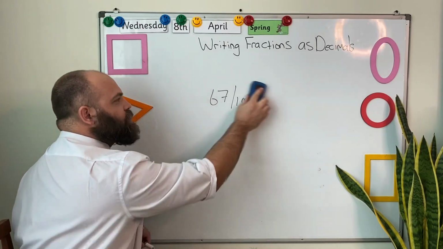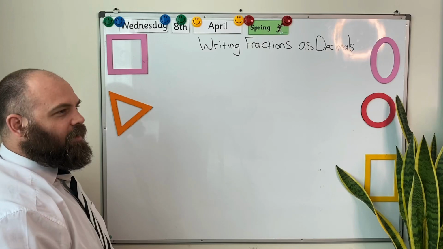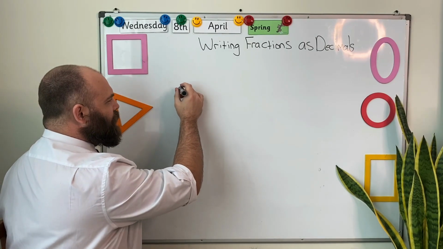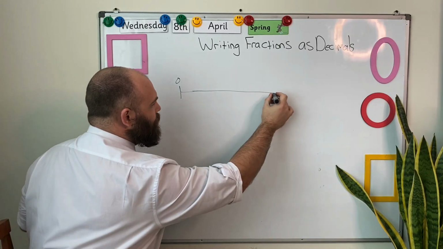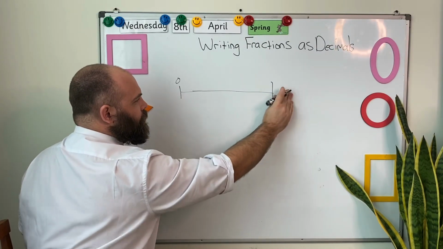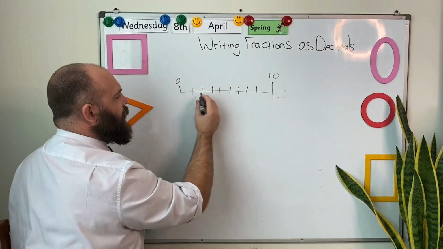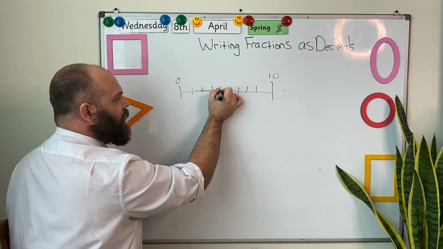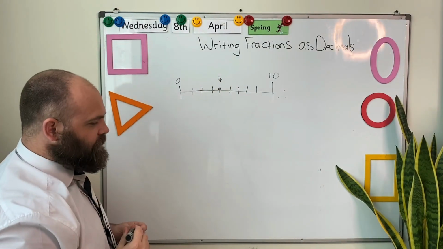the next thing I want to talk to you about is how to show numbers like this on a number line. Well, in our previous number lines, we probably would have started at 0 and we would have worked our way up to 10, for example. And each of these would be a point, and that would be 1 whole, 2 wholes, 3 wholes, 4 wholes, and if we got to this point, we would have 4. But